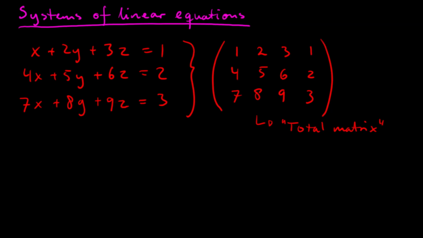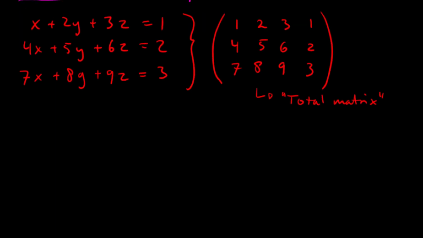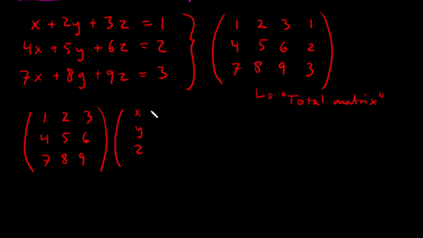Another way of dealing with matrices on systems of equations can be done by matrix multiplication. So I want you to have a look at this particular matrix multiplication. You have this matrix, and you multiply that with x, y, and z, a column vector like this. So try to stop the video and perform this matrix multiplication and see what will be the result of that. So, assuming that you have given it a try,